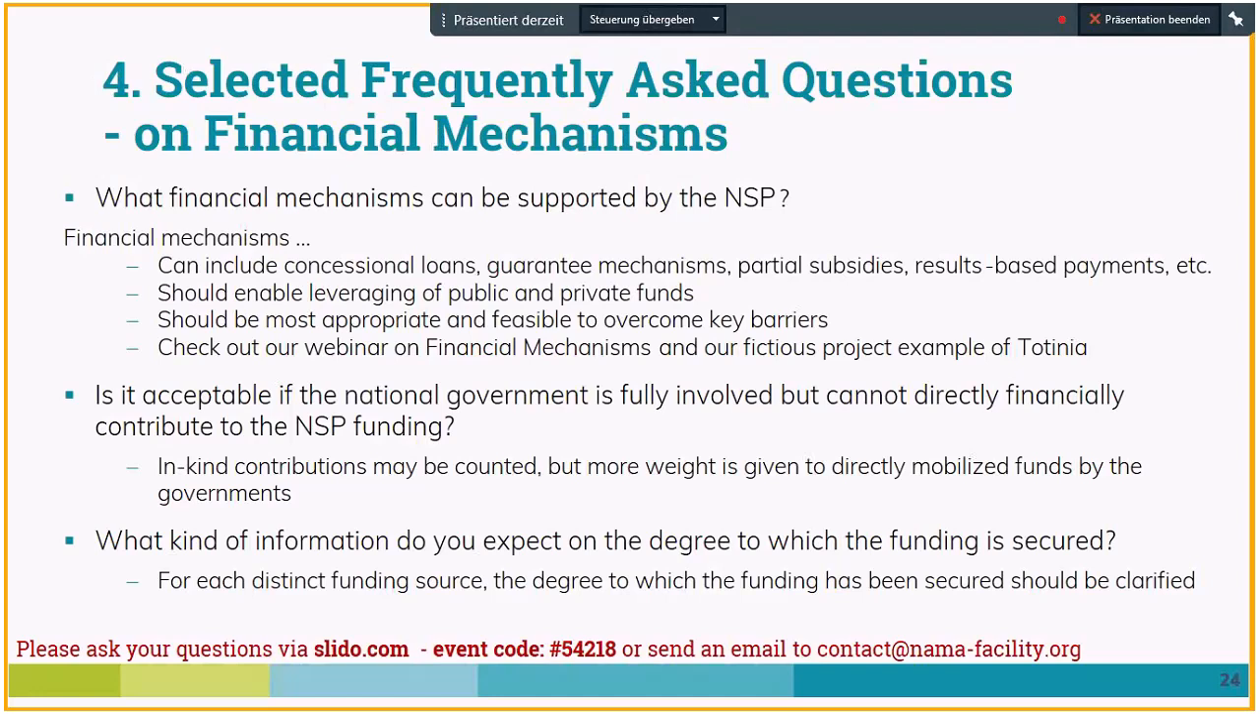So for each distinct direct funding source used for the NSP implementation, including contributions, for instance, from other public institutions, but also private sector or from other donors, we want to learn about what is the degree to which the funding has been secured, and this should be clarified in the NSP outline. So we want to know whether this is, for instance, an existing funding stream, whether this has been firmly committed from the other sources, or whether it is simply earmarked,